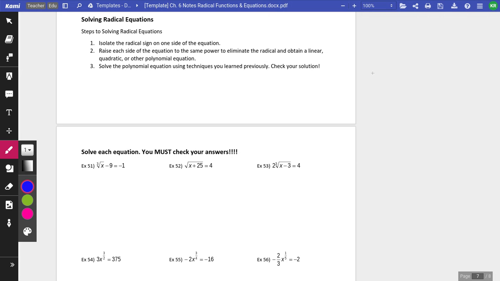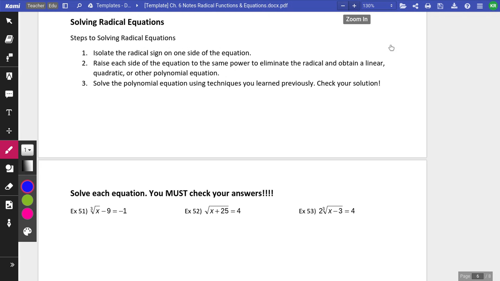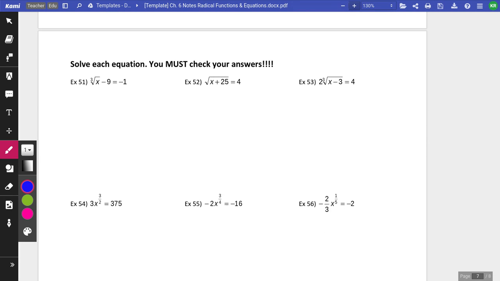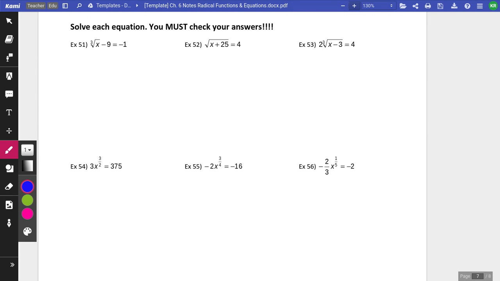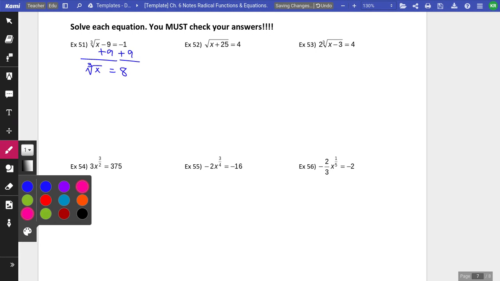Okay, so 51, let's start with that one. The first thing you want to do is get the radical isolated. So I'm going to move the 9 to the right side. You're just going to add 9 to both sides. And it is cube root of x equals 8. Okay, so to undo that cube root, we are going to cube both sides of our equation. So the exponent of 3 undoes that cube root, and so we get x equals 8 cubed, or x equals